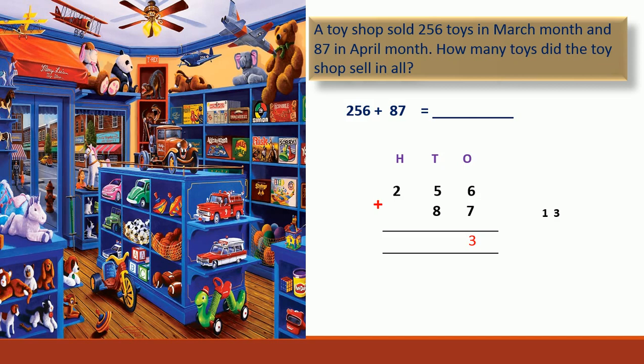And then we have the 1 ten here. Right? So we have 1 ten in the number 13. This 1 ten we need to regroup, that is carry over. We need to carry over to the tens. Remember that when you are adding the ones place, if you have any carryover, that should go to the tens place.